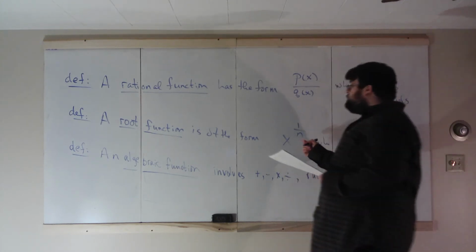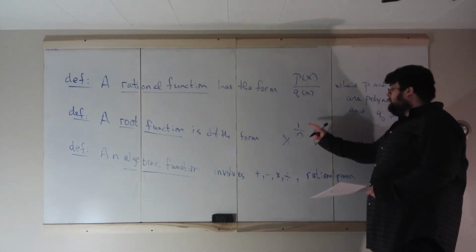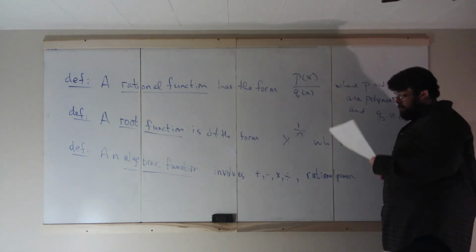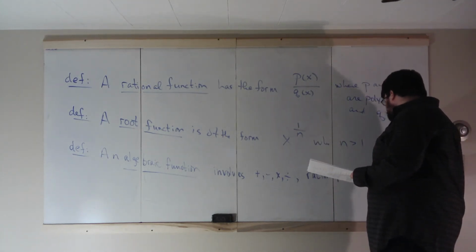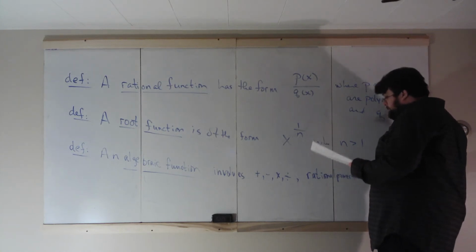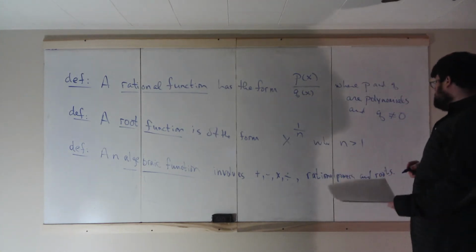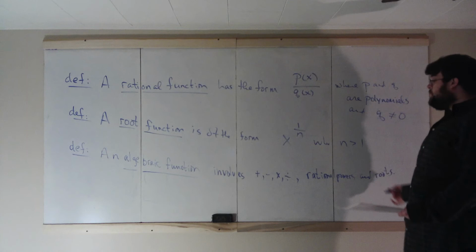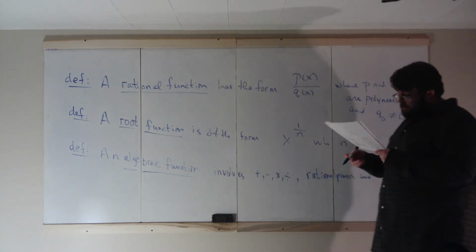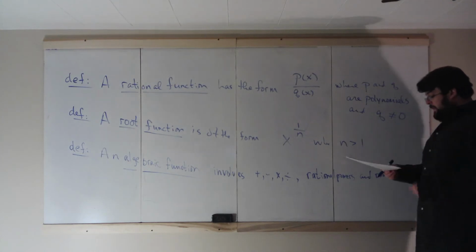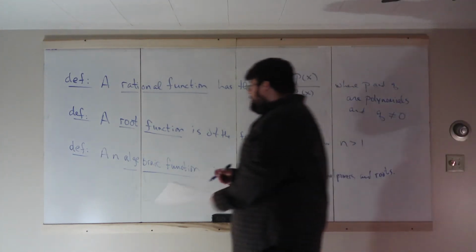So you know root functions, and also if that numerator is some other number. Rational powers and roots. An algebraic function is one which involves these, and you can combine or add or multiply, divide any of them, and so on. And a transcendental function